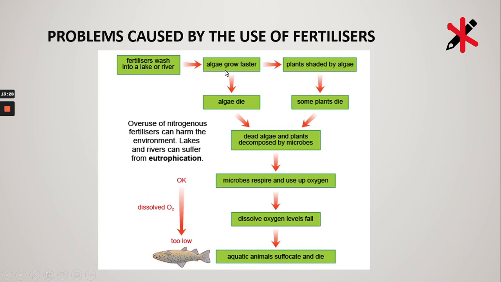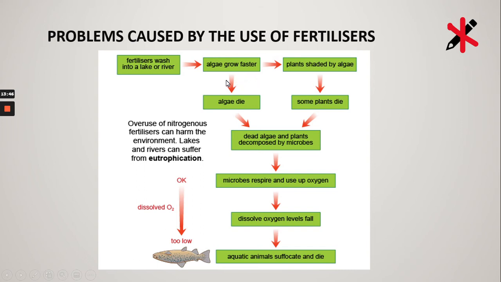And the fertiliser will then fertilise algae in the water system, in the lake or river. It will fertilise the plants in the river as well. And you might think, okay, well that's a good thing surely. And perhaps it is for the algae, but what happens is that when all these plants and algae grow, there's